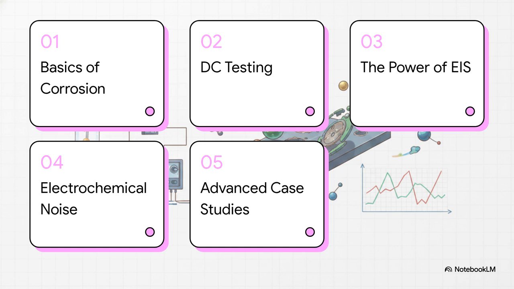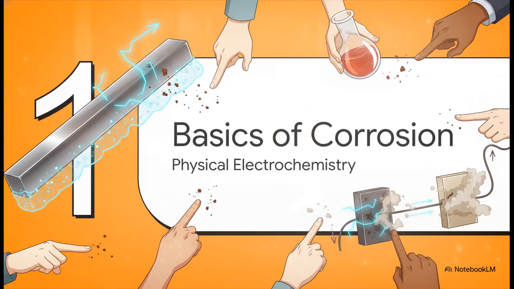We'll be covering 1. The basics of electrochemical corrosion. 2. Direct current testing. 3. The power of EIS. 4. Listening to electrochemical noise. And finally, 5. Advanced experimental case studies. Okay, let's jump right into Section 1, Basics of Electrochemical Corrosion, focusing on the physical electrochemistry